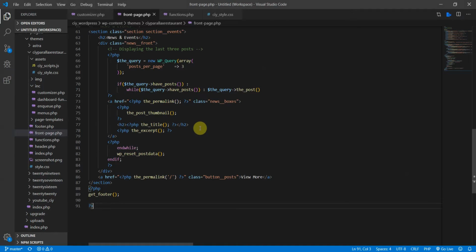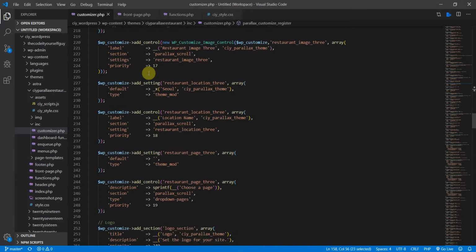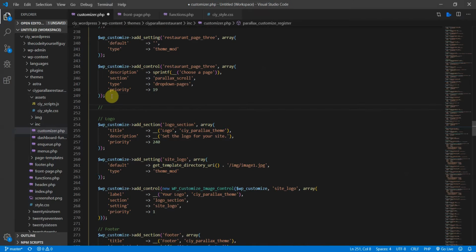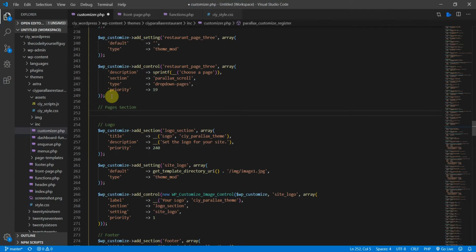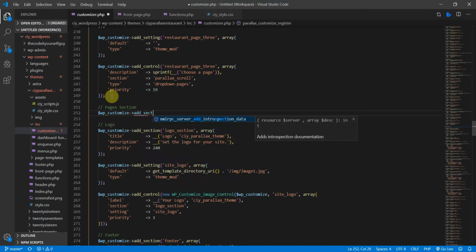So we are going to go straight to the customizer.php. In this page, let's scroll all the way down to just before the logo. Let's create a comment first, let's call it pages section. And I'm going to create a new section for this. So first we need vp_customize add section,